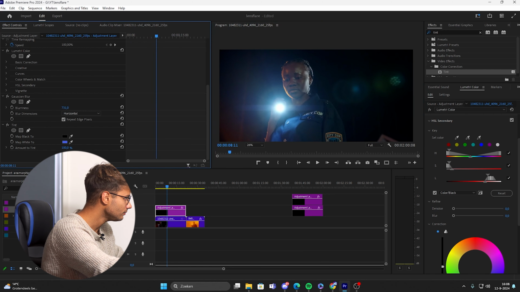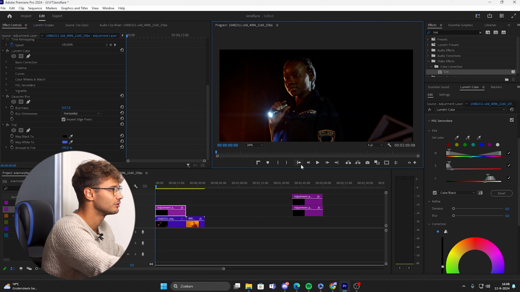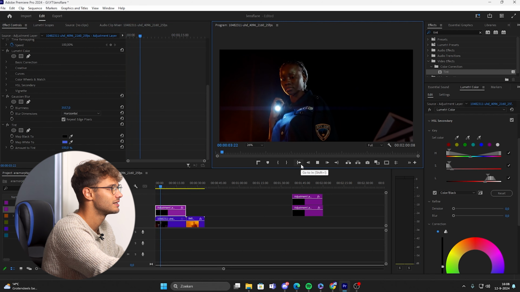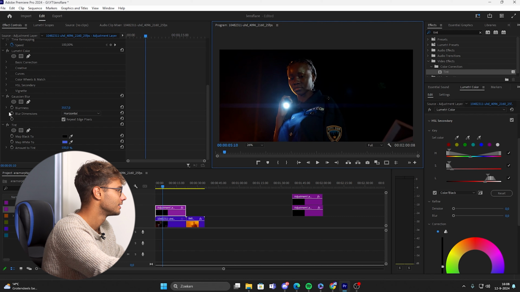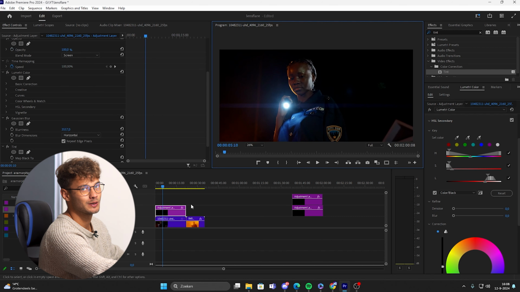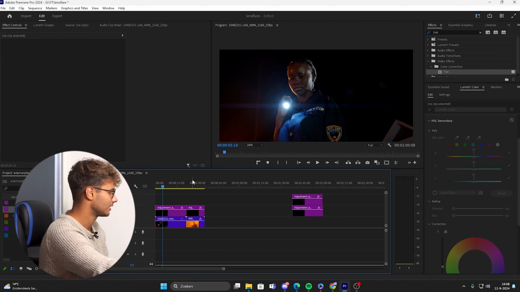And if you want to change stuff, just play around with the settings. Like here in Gaussian Blur we can make the lens flare very wide. So now you have a sick anamorphic lens flare. Yeah, it's that easy. And because you're working with an adjustment layer, you can drag the adjustment layer out,